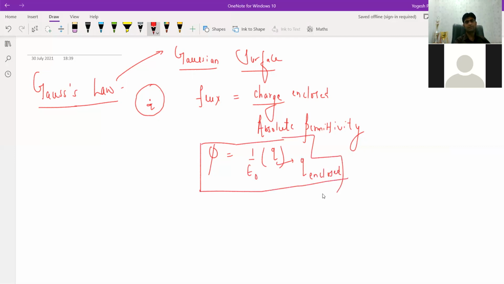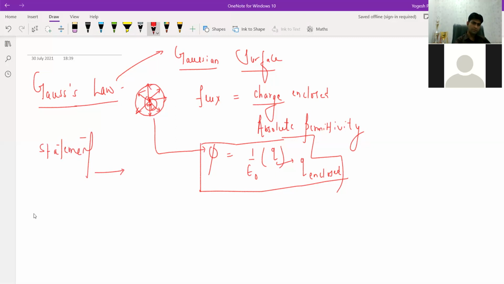Are you getting my point? Okay, so this Gauss law says that the flux through any closed surface, if this is the point charge Q kept over this, the direction of electric field will be radially outward because of the positive point charge. So the flux for this particular case is equals to 1 by epsilon naught times the charge enclosed within the surface, and this we are going to prove also. This is the statement of Gauss law.